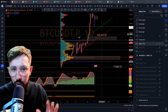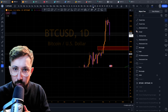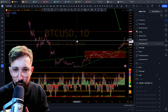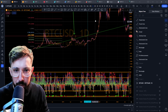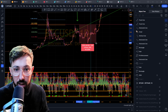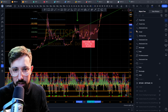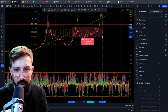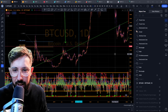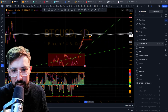Now, with previous bear runs, or previous pullbacks, might I say, we've had about a 40% correction, okay? What do I mean by that? If you go over here, you can see a 40% correction. This one was a black swan. However, if we go from the candle closes, it's about 40%. If we go from here to here, it's about a 40% correction before we get that parabolic move to the upside. So if we were to go 40% from where we are here, we know the ETF is coming,